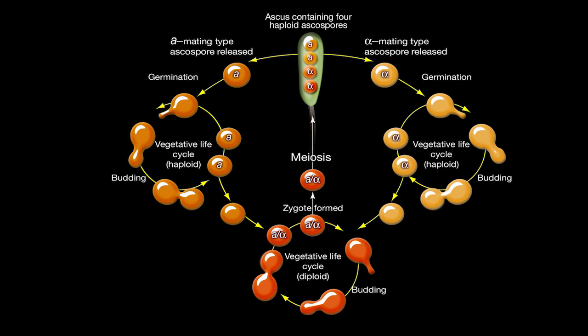Yeast are sort of unique among fungi because they are unicellular, generally speaking. But I want you to see that the same principle applies. So yeast are in the division Ascomycota. They make a nice ascus here. I used A and alpha as the two different loci here because those are the mating type loci in yeast, so you can keep track of them just as well as anything else. But my point is here, so you have spores that are alpha and spores that are